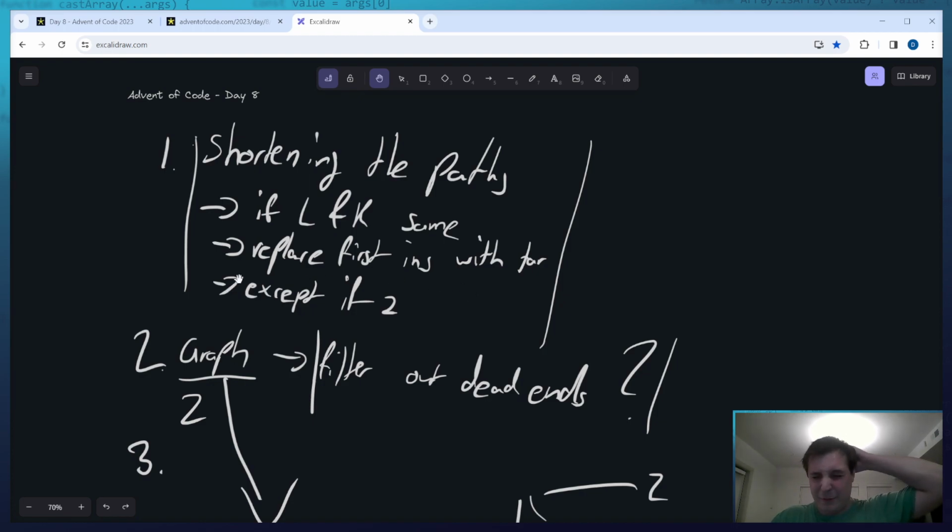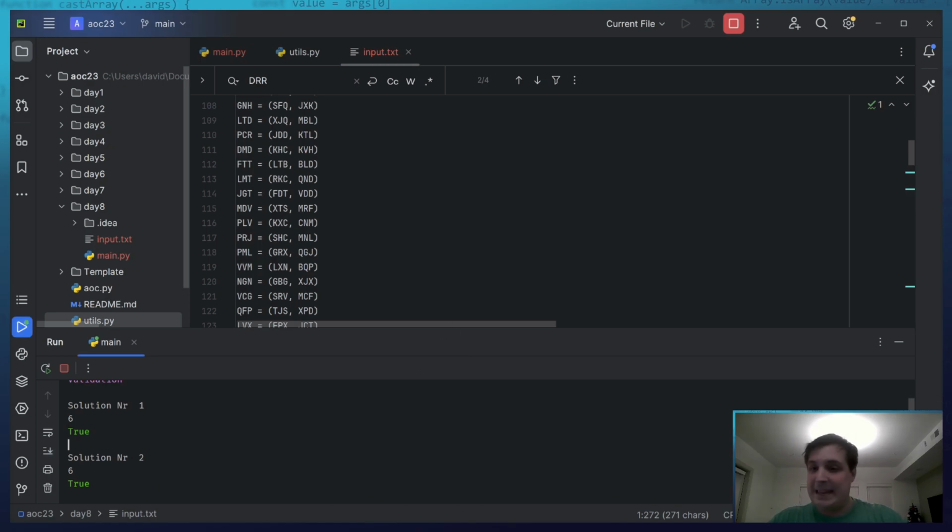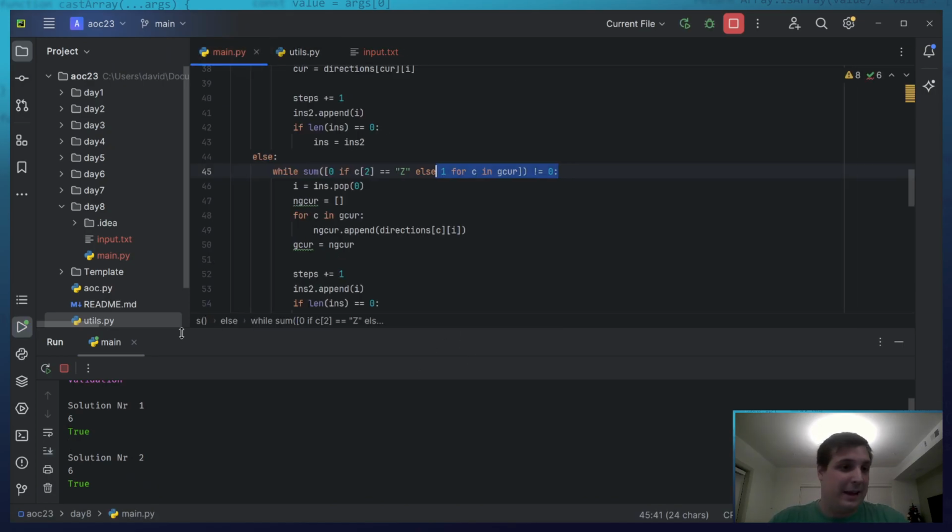Especially since the left and right are then all gonna be vanished. We are not caring about individual instructions anymore. We are just caring about jumping from Z to Z to Z to Z. I hope this makes sense, and I hope we can find a solution this way. Let's do this right now. It still doesn't have a solution.